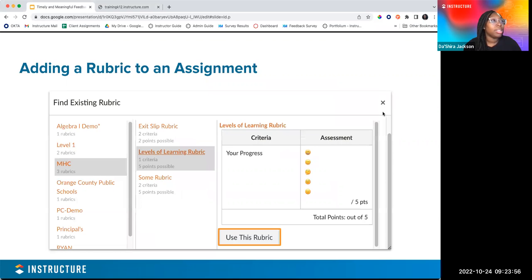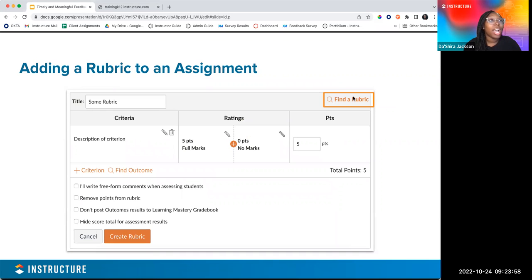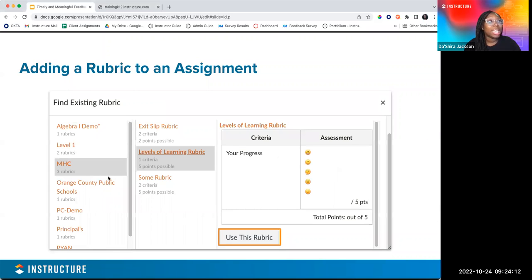You also have the ability to find rubrics. So whenever you've built your first rubric, if you're ready to use that rubric on different Canvas courses, then you would come in and click find rubric, and this would find all of the rubrics that have been imported or added in. So I would take a look at that as well. So that might be where some of your rubrics came in from Beachboard.